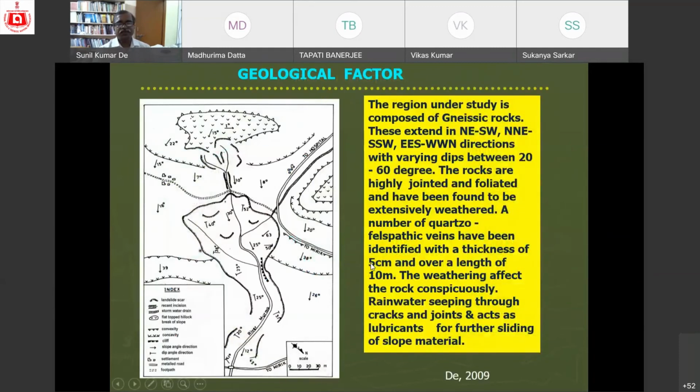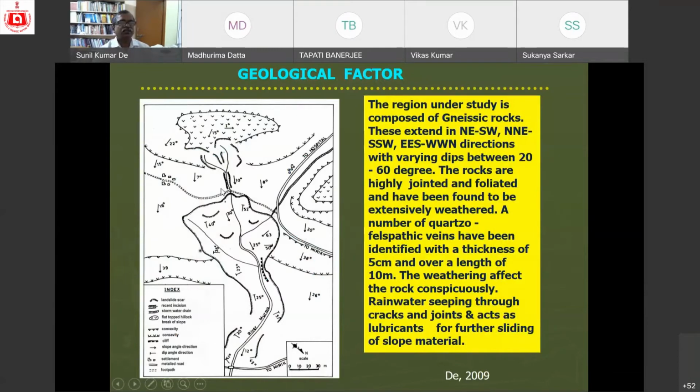And these are the maps. This is very old. I prepared it by my own hand without any computer. At that time, we didn't have any computer. This is Mirik landslide. Just for example, I wanted to show this one. So we have done this survey with this ABNI level, a small instrument we used to carry.